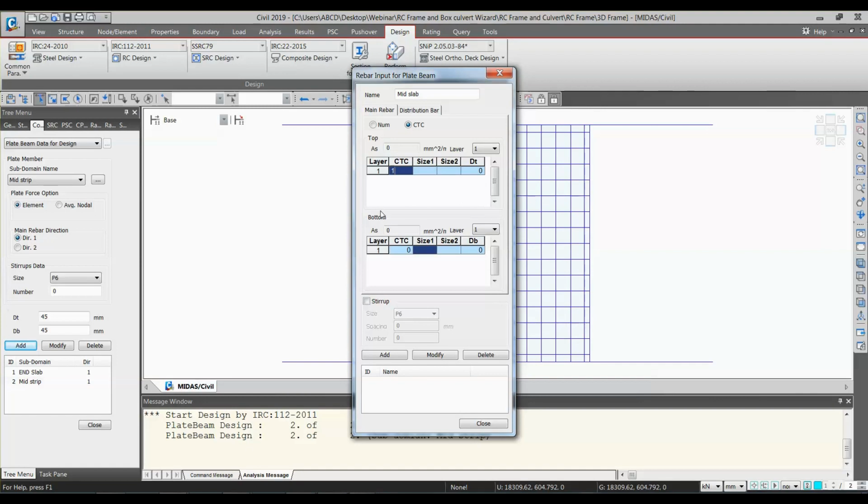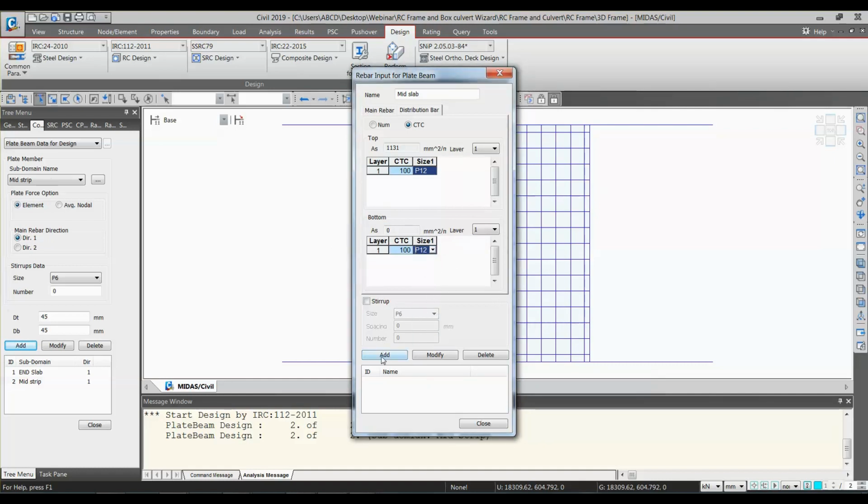So I will keep 100 mm as CTC, P16, P12 and cover distance 40. Sorry, this is now mm, so 45. So I will keep the same data over here, and the distribution bar, you can copy paste as well if there are more layers.